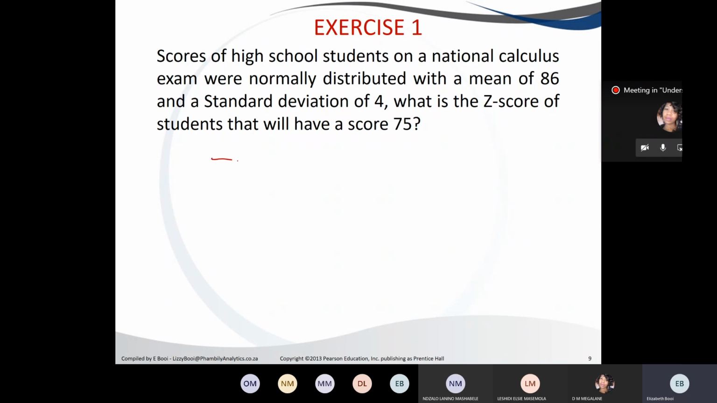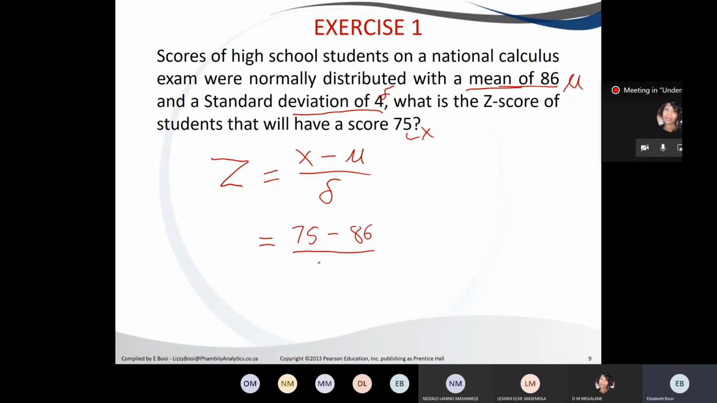Now, knowing that our formula is z is equal to x minus the mean divided by the standard deviation, we know that our mean, which is our mu, is 86. We know our standard deviation, which is sigma, is 4. And we know that our x is 75. Therefore, we say 75 minus 86 divided by the standard deviation of 4. And that gives us